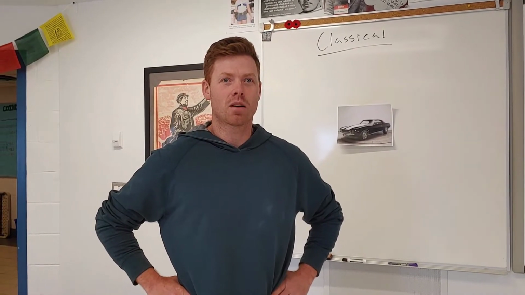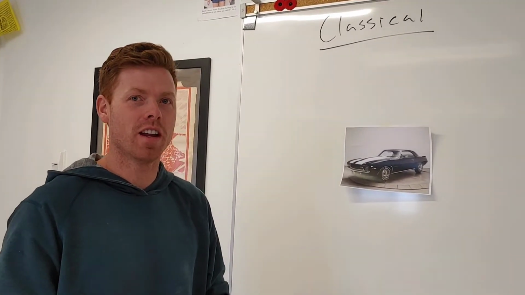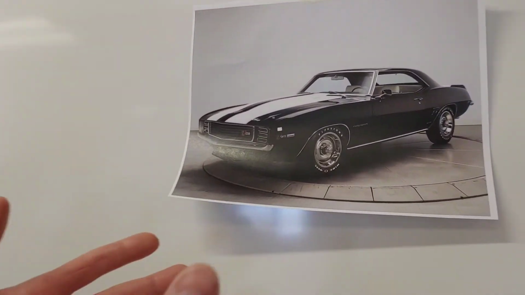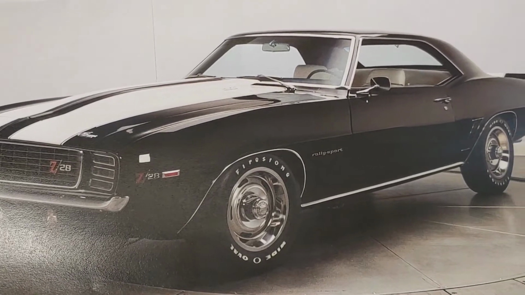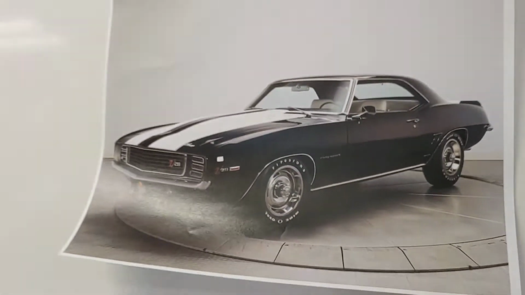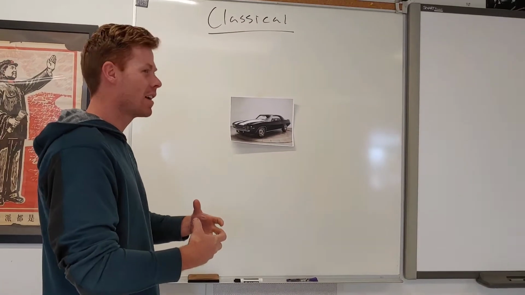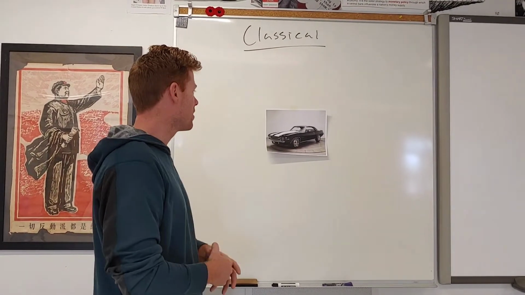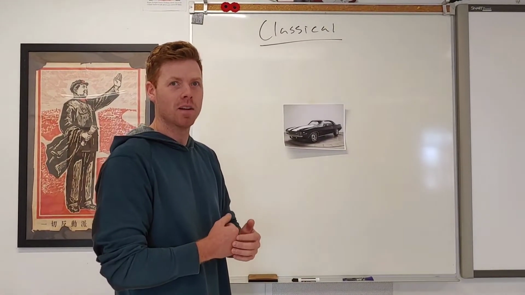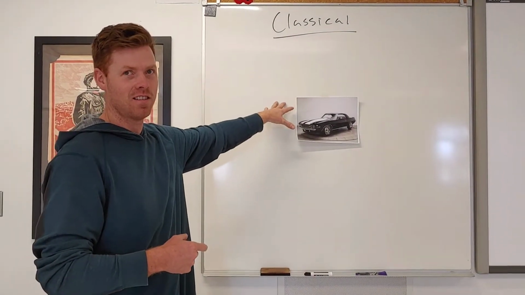We are going to first talk about the word classical. When we put that in front of a word, it is in reference to something from the past. As you can see, this beautiful Camaro Z28 with Firestone tires is in reference to a beautiful vehicle of the past, whose purpose was to make loud noises, do burnouts, be really fast and cool, and make girls woo and yelp and whatnot. So the idea is classical, from the past.